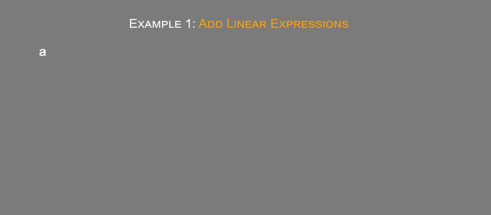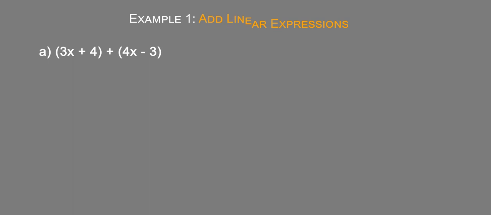With this first problem, we're given 3x plus 4 plus 4x minus 3. I'm going to rearrange this into an order where we can use the associative and commutative properties effectively. First off, I'm going to rewrite what's in the parentheses in a different order. Since I'm switching the order, I'm using the commutative property of addition. I'm changing this to 4 plus 3x, and again, that's still